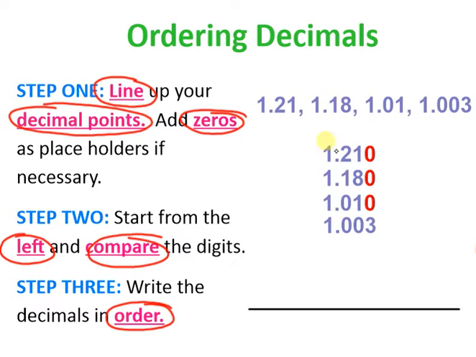Okay, and so we'll use this as an example. So I've already lined them up here and added zeros as placeholders where necessary. So all of them have a first digit of 1. And actually, I'm sorry, we're going to order these from least to greatest as an example. So here I have a 2, a 1, a 0, and a 0. So I'm going to focus on these two first because they're both zeros. So then I go to the next digit and I have a 1 and a 0. So again, I'm looking for the least. So I have this one right here is going to be number 1. So it's going to be